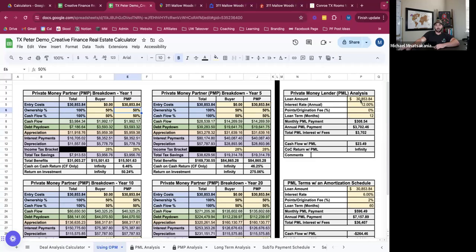And if you were to use a private money lender, is this deal viable with a private money lender? You just need this value to be greater than 0 to have infinite returns, because now you're using other people's money to fully acquire the property, and then you have cash flow generated to pay off your private money lender their interest payment each and every month. This doesn't guarantee you'll have enough cash flow to pay back the original loan amount in a year, but what it does tell you is you can pay the interest payments each month